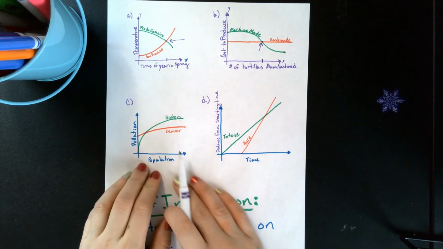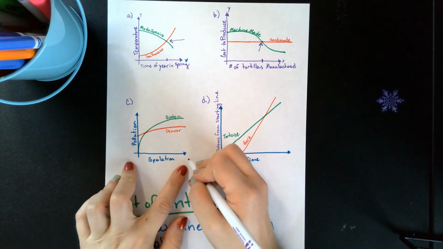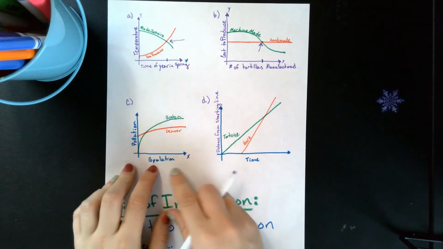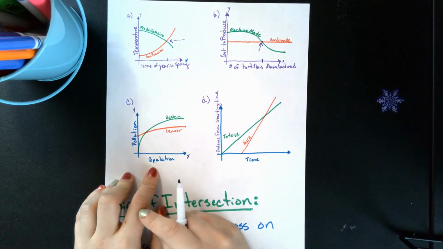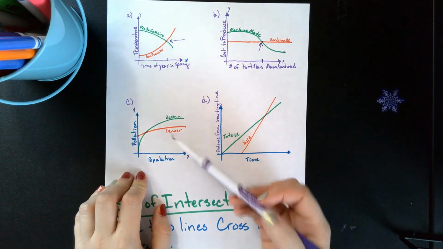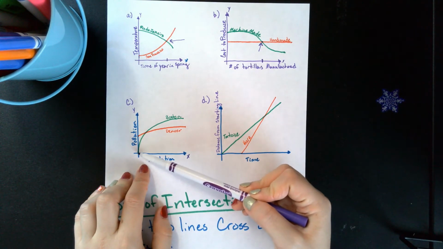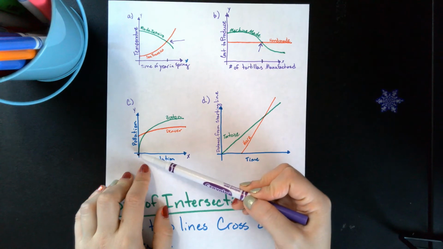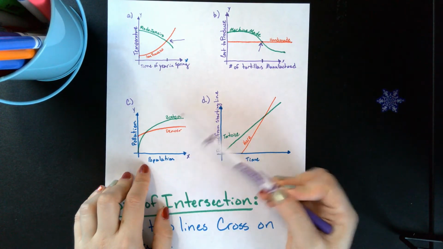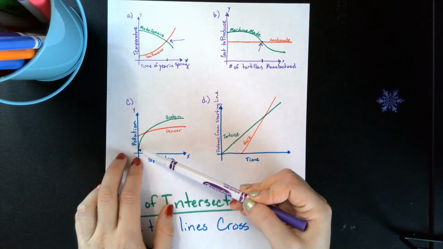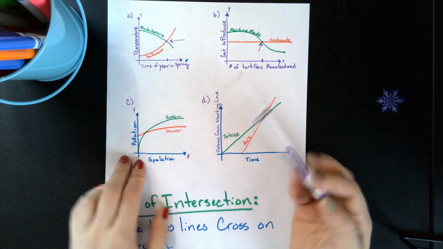Number C, as you can see, the blue really is a terrible drawing utensil. On the x-axis, I have population. On the y-axis, I have pollution. Looking at Boston first, which is my green line, Boston's population at 0 has 0 pollution, but it increases exponentially, this really steep curve here. It increases quite quickly as the population grows. The pollution goes up and up and up.